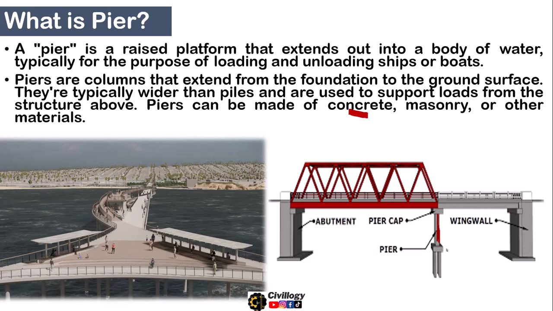So these are called piles, which are below the ground surface or hidden, and we cannot see them. They are basically sunken into the water, and this is the pile cap. Then there starts the pier, and then it is the pier cap, or you can also call it a transom. These structural members are used in bridges, etc.